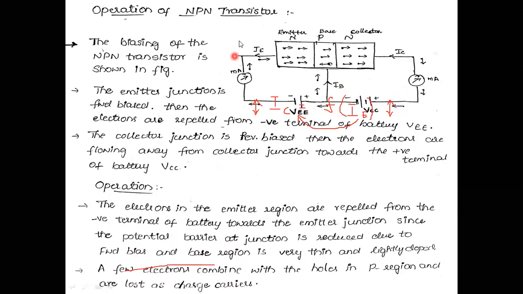And next one is the NPN type of transistor. Next transistor is the NPN type. Here again, N type, P type, and N type semiconductor material. N is connected to the negative terminal of the battery and P is connected to the positive terminal of the battery, and here P is connected to negative and N is connected to positive, like that. Here it depends upon the biasing condition. This region is in forward bias condition and this region is in reverse bias condition.